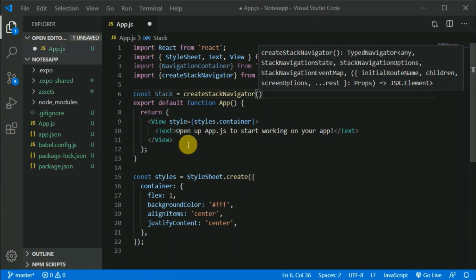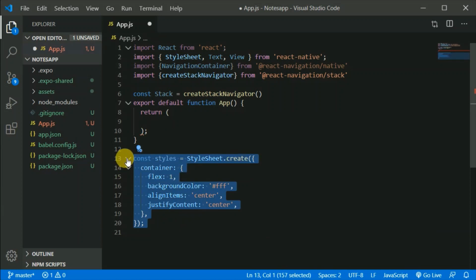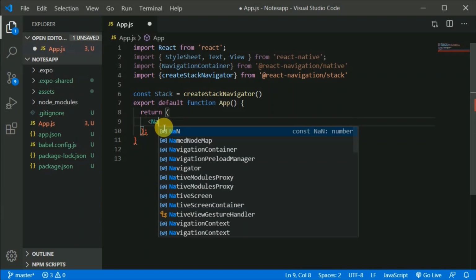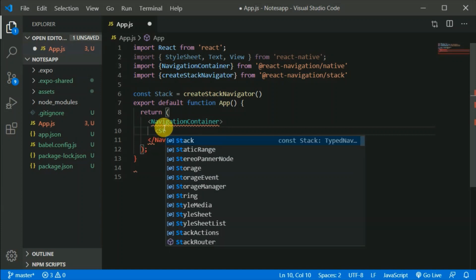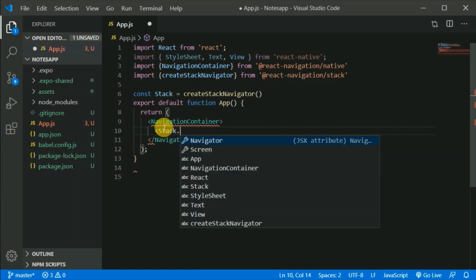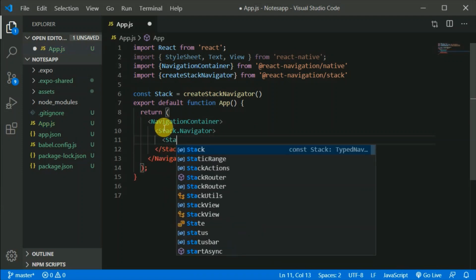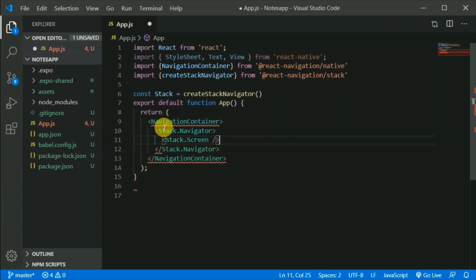And inside this App, I will get rid of this, and I will get rid of this styles also, and I will use this NavigationContainer. We have done this too many times, so there's nothing new in it. So Stack.Navigator, and we'll pass our screens inside this stack navigator. So let's do that as well. Stack.Screen, and we can self close it, but right now we don't have any screen,